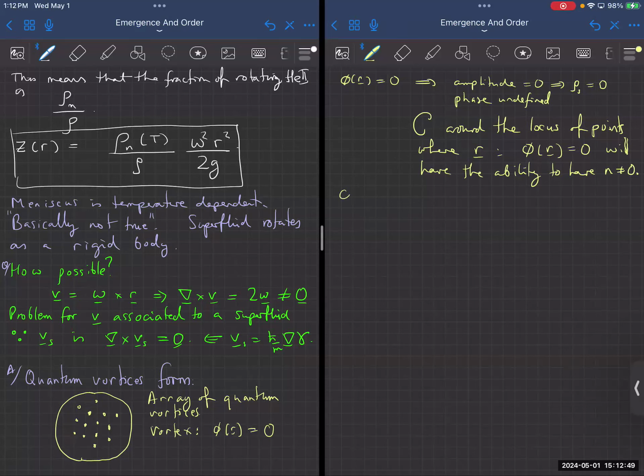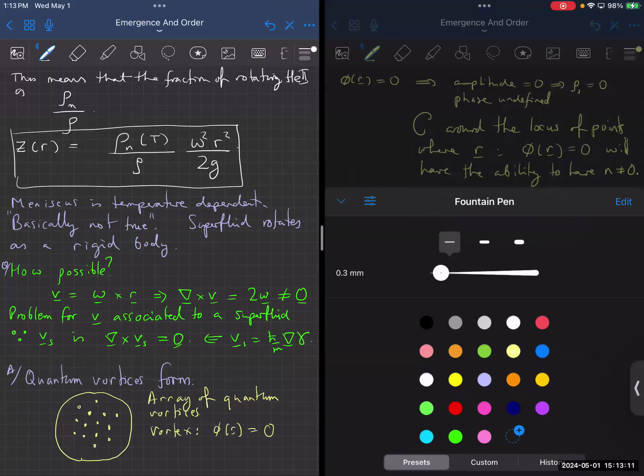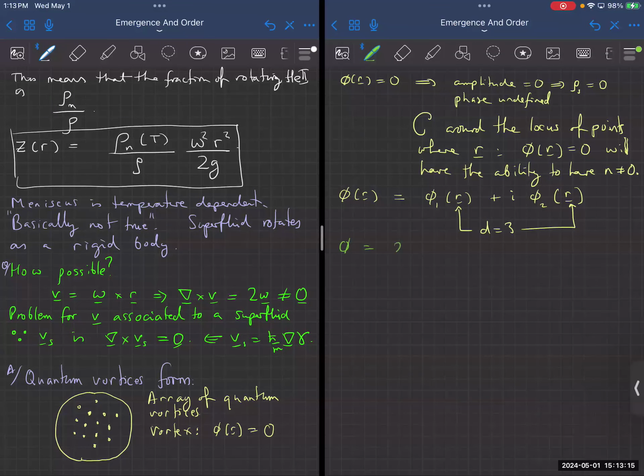Okay, let's have a look at this. Phi of r is a wave function, so it is the real part plus the imaginary part. I'll call it like this. r is in three-dimensional space, and phi is a two-component order parameter. So if I want phi of r to be equal to 0, that means that phi 1 of r equals 0 and phi 2 of r equals 0. That defines the places